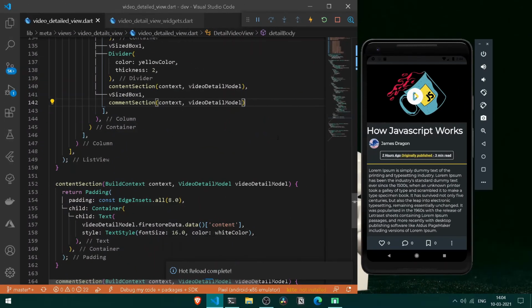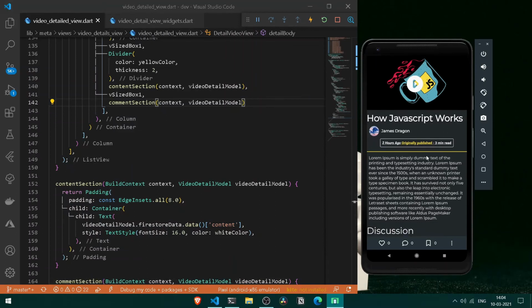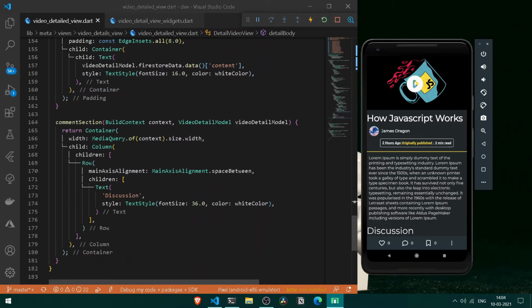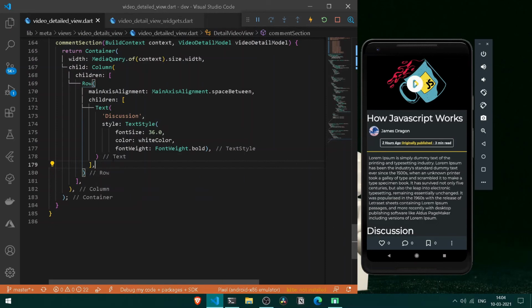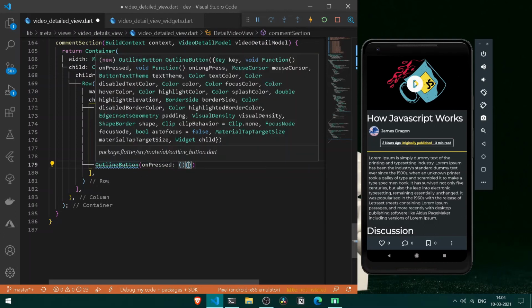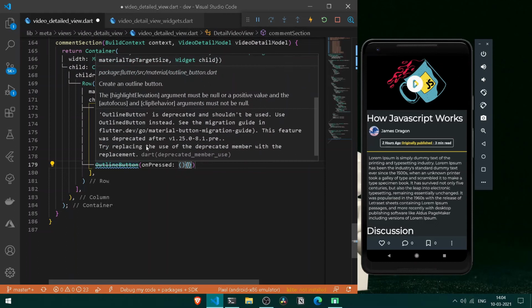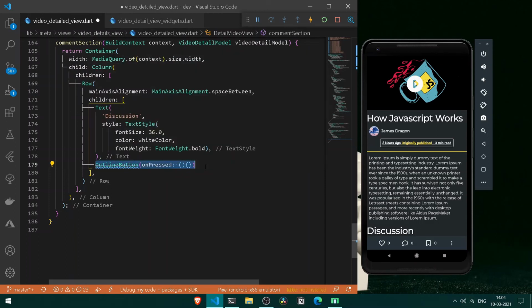Let's try it out. So here after swiping down, you can see we are getting our entire data here of discussion. So we can come down here and make the following thing to be bold. So after having the following text of a discussion thing, we shall be having an outline button. So here let's have a new outline button, and on pressing over it, nothing shall be happening for now. But if you hover over it, the following outline button is deprecated and we won't be using it. So here instead of this, let's have a new button to be elevated button, and on pressing over it, nothing shall be happening for now.